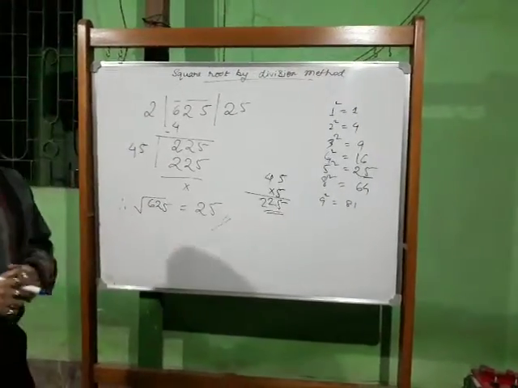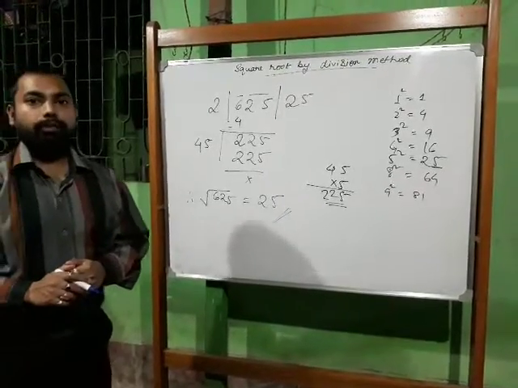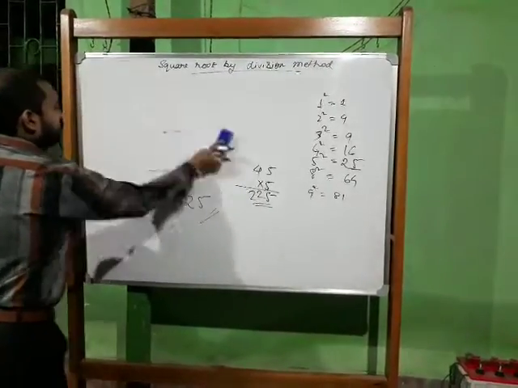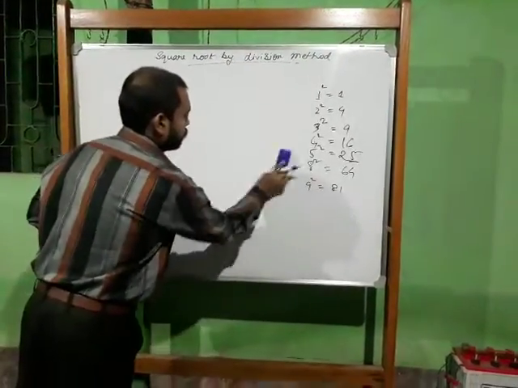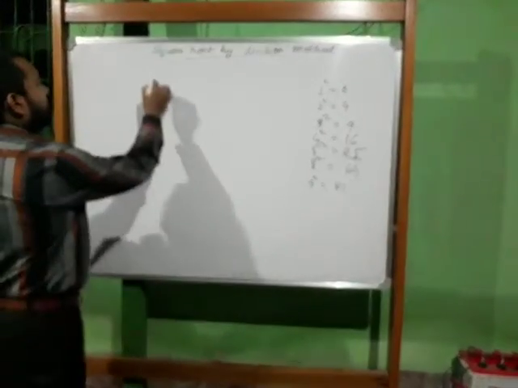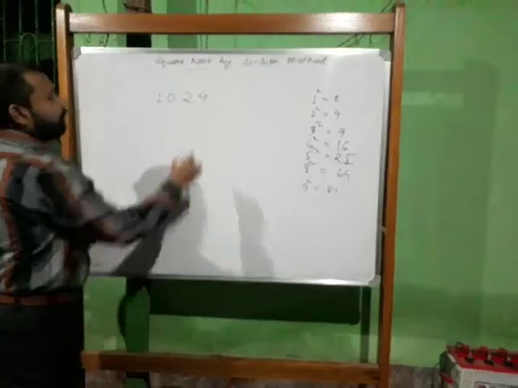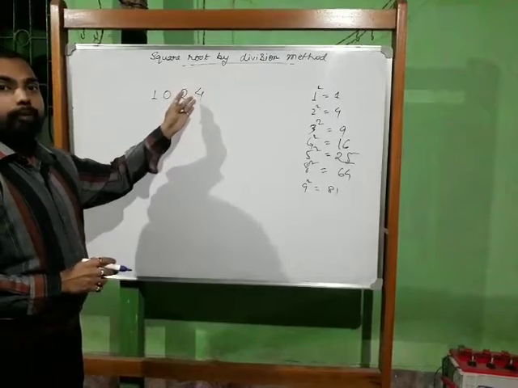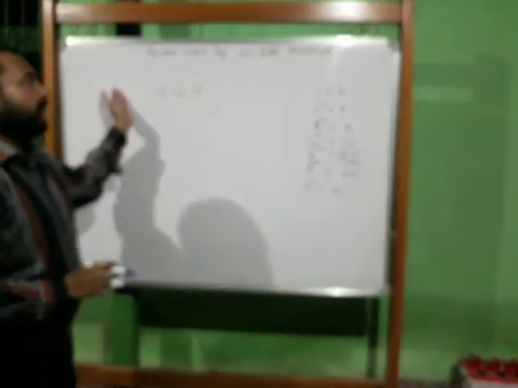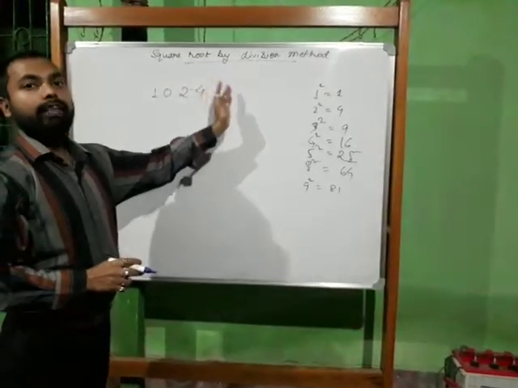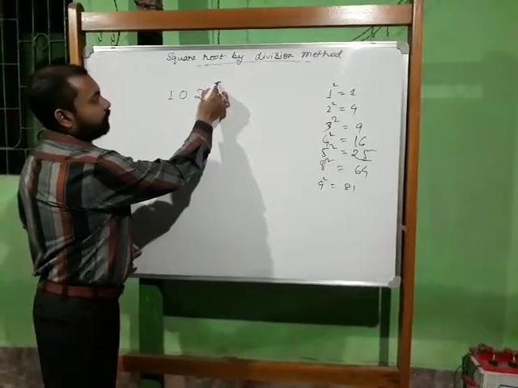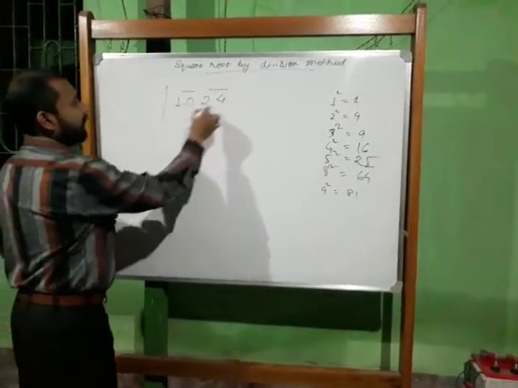So in this way we have to do. Let us take a 4 digit number, 1024. Again, at first we have to pair this number, and always before the decimal point we pair from the left hand side. After the decimal point it should be paired from the right hand side. That one I will show in my next class. So let us do this. You should pair from the last. Now 1024, again do the same process.